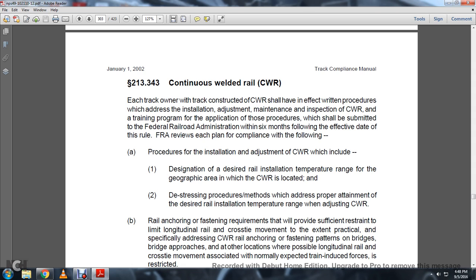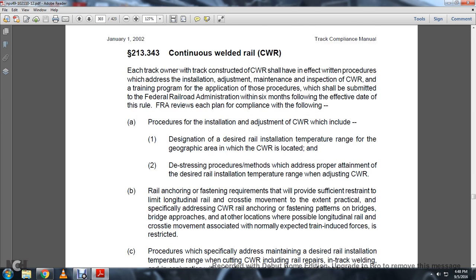The FRA reviews each plan for compliance with the following: A. The procedure for installation and adjustment of the continuous welded rail, which includes one designating the desired rail installation temperature range for the geographical area in which the continuous welded rail is located. 2. The destressing procedure, a method of addressing proper attainment of the desired rail installation temperature range when adjusting the continuous